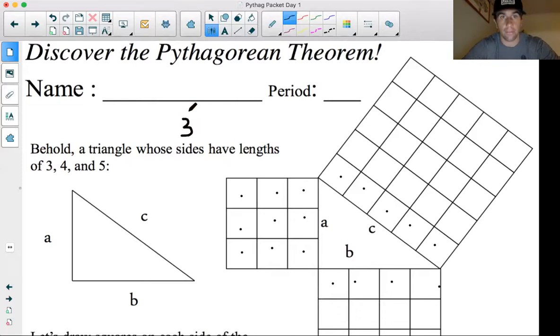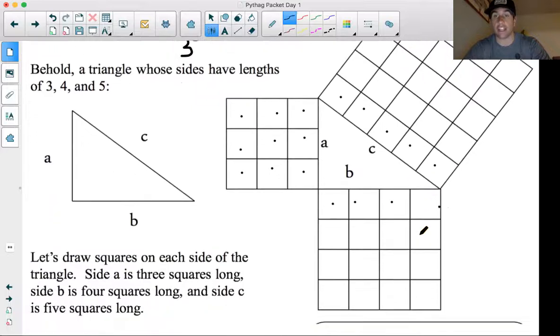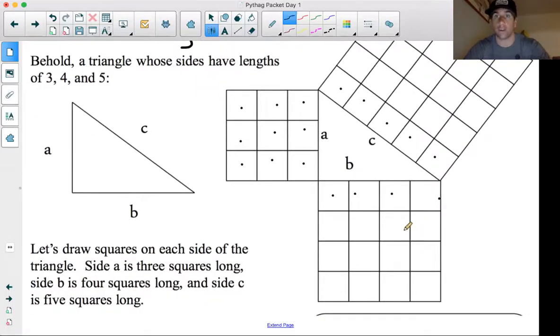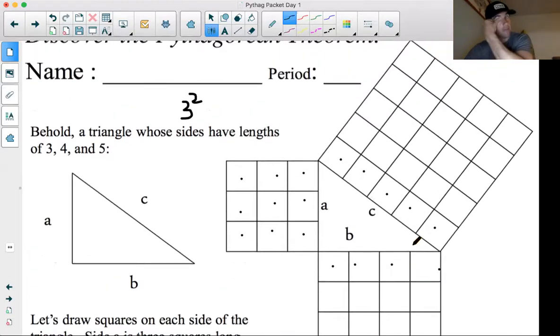So that looks something like this. 3 squared, right? So we're squaring each side of this triangle. Now let's take 4 and square it. 4 squared, 4 times 4 is 16. So then I'm going to have 16 total squares here, okay? And if I do the last thing for side 5, I take 5 squared, which is the hypotenuse side. So if I square 5, I'm going to get 25 individual squares, okay? So since squaring them, it gave me this side 9, this side 16, this side 25.